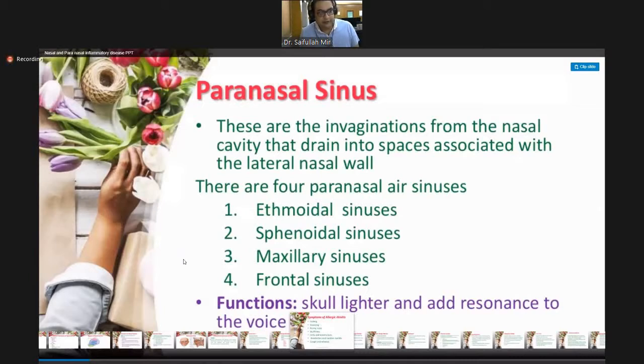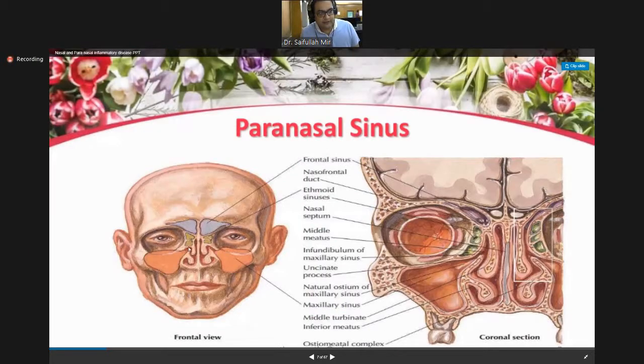The anterior ethmoids, these are the anterior ethmoids. The frontals and the maxillary open in the middle meatus. Sphenoids open in the superior meatal recess. So the common diseases in the nose is